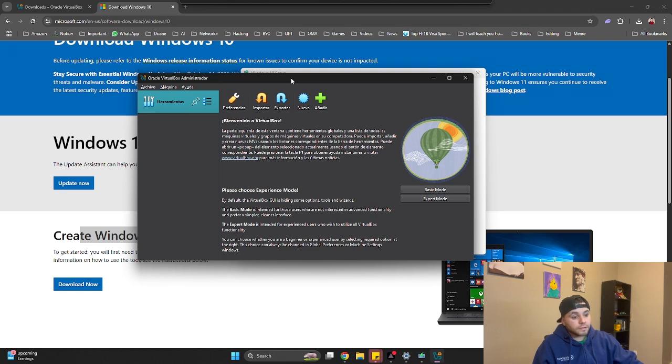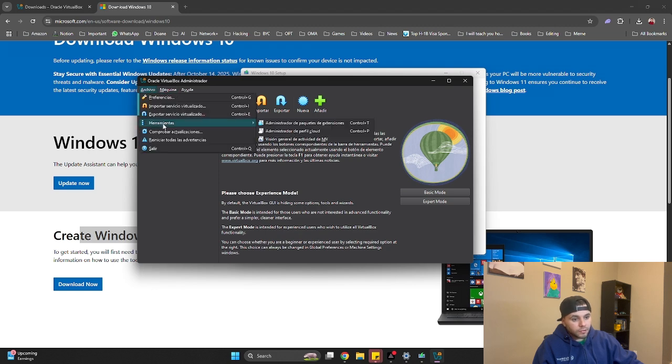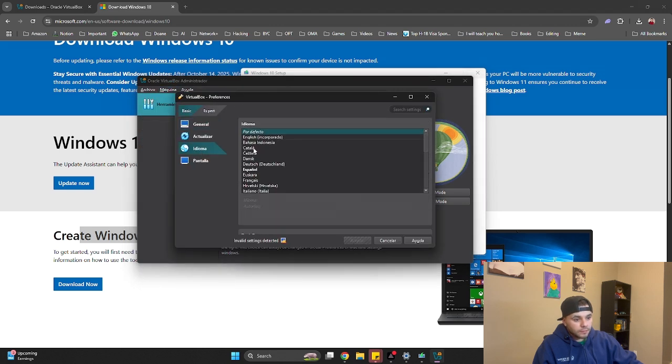Oh, I just noticed this is in Spanish. Let's change it to English, if I'm not wrong. Let's see if I remember how to do this. Oh, yeah, preferences, and then language, or idioma, and then we'll find English, and then